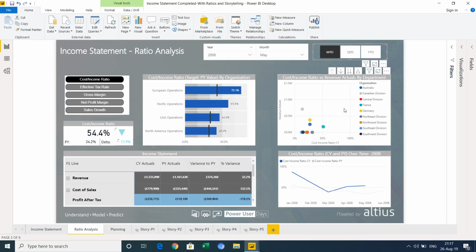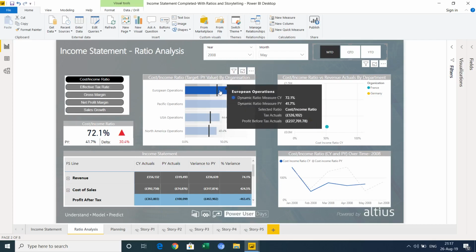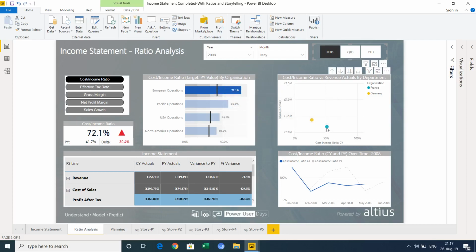Let's switch it back to month to date. We'll see actually, we can start to see that breakdown, say, between France and Germany, and see actually what that looks like. We've also then got that over time, so we can then see whether a particular months where it was high or low, and again compared to last year, and a breakdown by all of these. And these start to become quite interactive, so we can start to control click and highlight, okay, I want to see why my cost income ratio is so high in Europe, especially compared to last year. Look at, focus on France in particular.